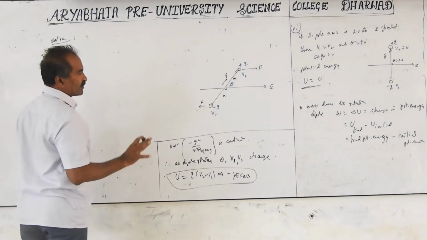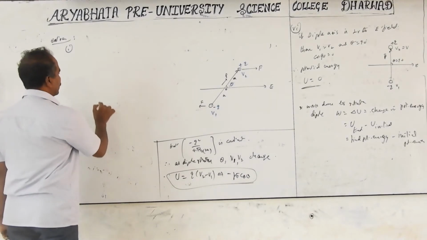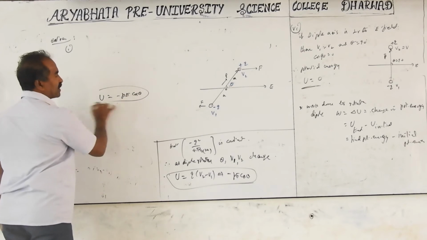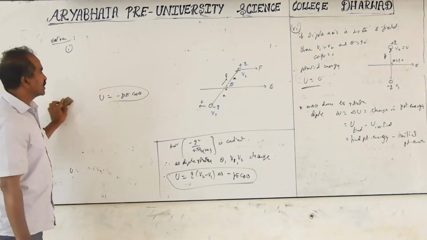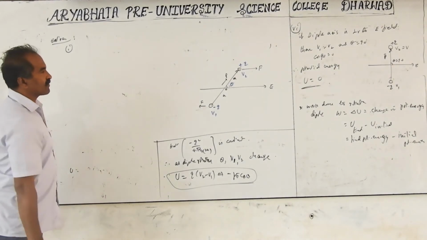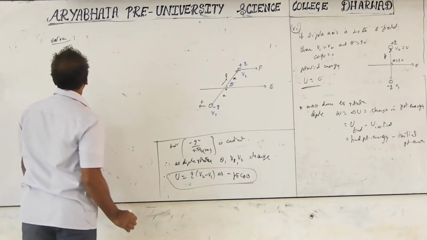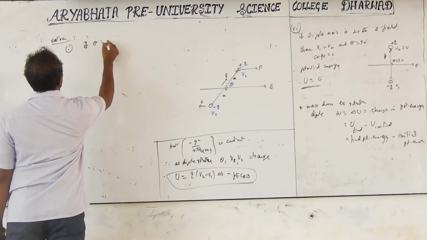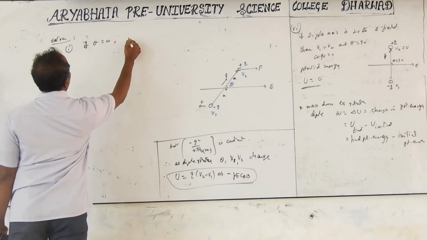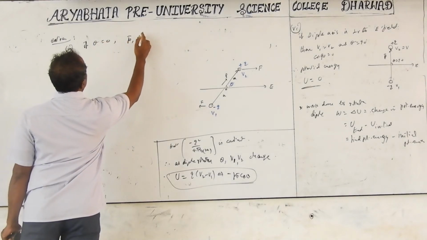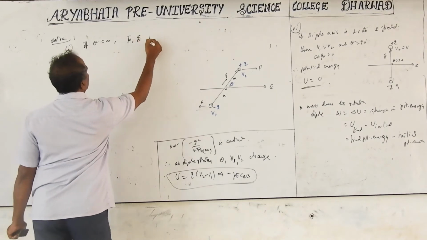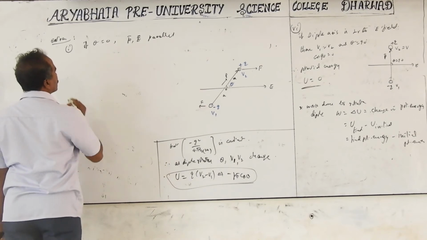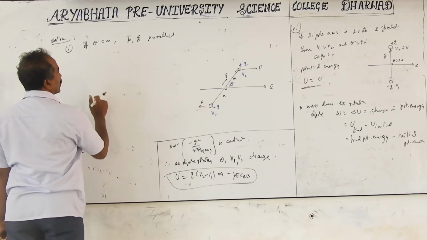But don't derive it. If they ask you what is the potential energy expression, just derive that the potential energy equals minus pE cos theta, or minus p dot E. That only you derive. The remaining part you need not derive, but it is linked to the derivation. If theta equal to 0, what does that mean? p and E are in the same direction, which means parallel. In that case, what is the condition for torque?